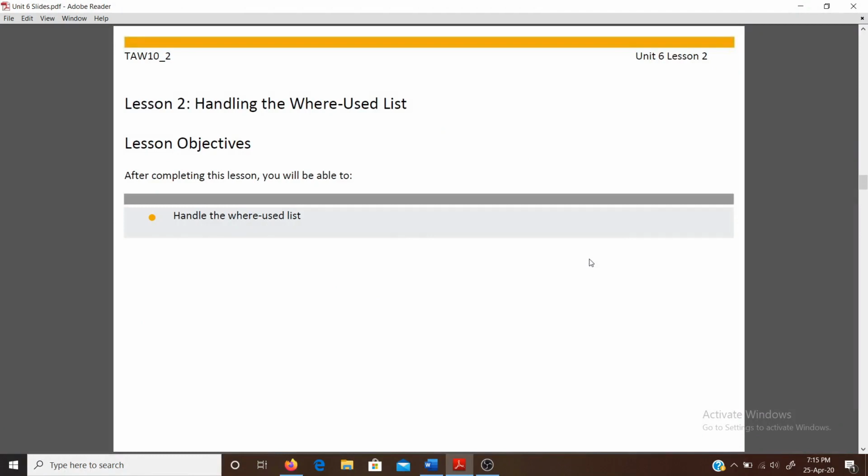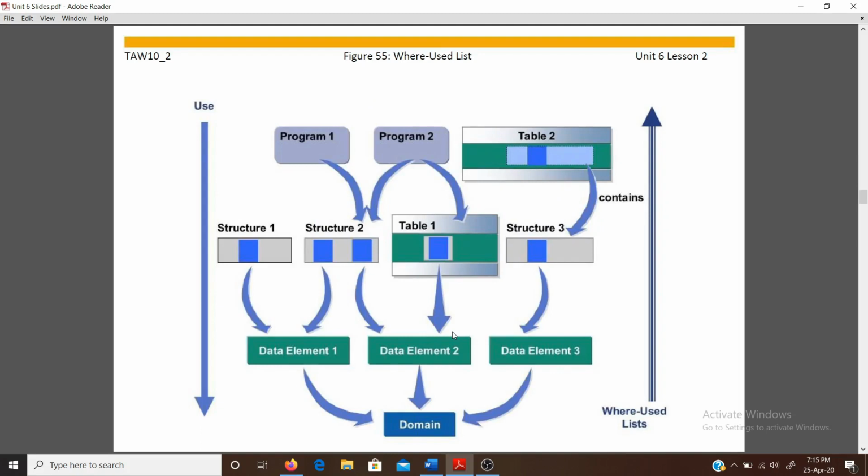Come to the next lesson, lesson number 2, handling the where-used list. When you make a change in some domain, data element, structure or table, then these domains, data elements, structures as well as tables need to be reactivated. This is done so that all the affected runtime objects adjust to the changed type information.